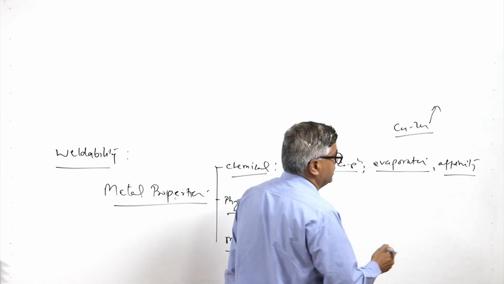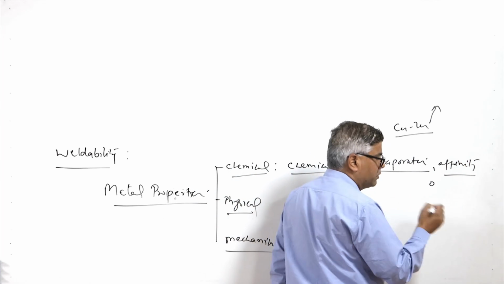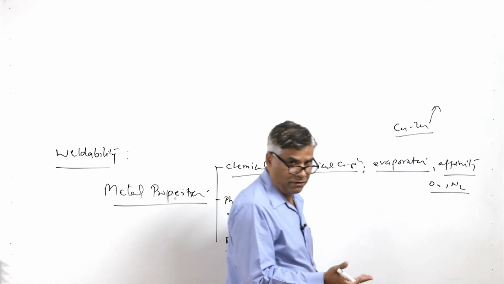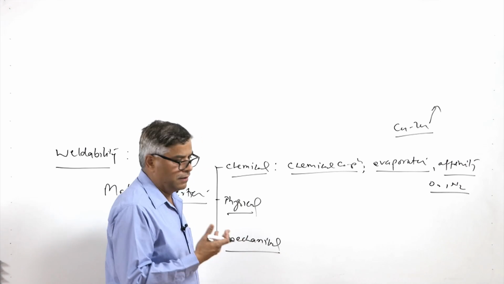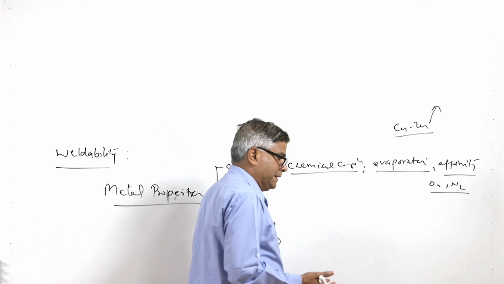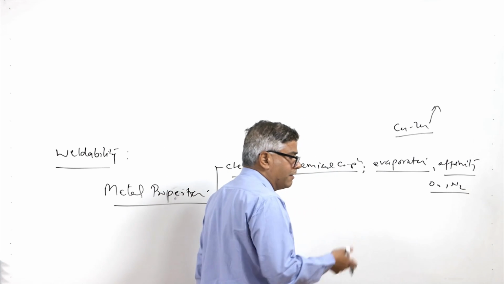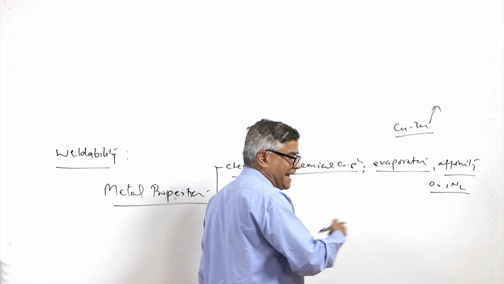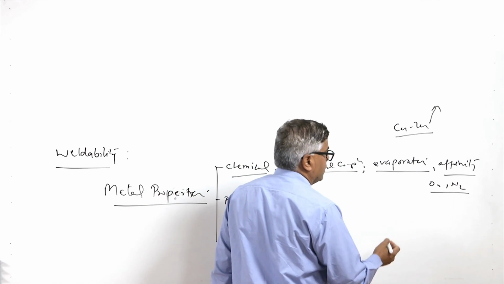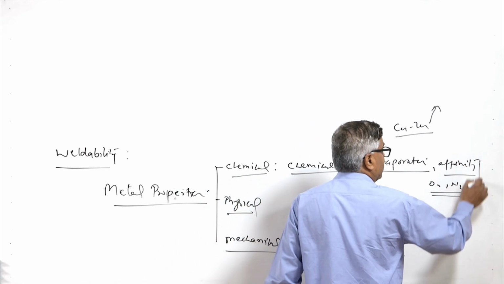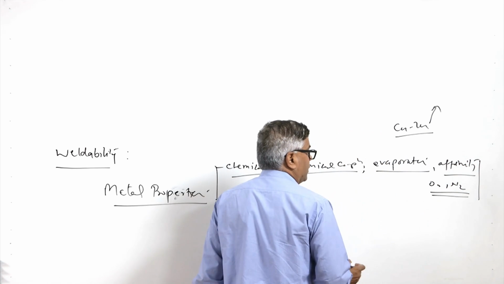Similarly, there is affinity to the atmospheric gases. Most metals at a high temperature tend to react with oxygen and nitrogen, and if their oxides and nitrides are formed in the weld metal, then they will be present as inclusions, or if they are taken care of by using flux, then they will form a lot of slag also, so the tendency of slag entrapment, or the presence of slag inclusions, will also increase if the metal has a high affinity to oxygen and nitrogen.